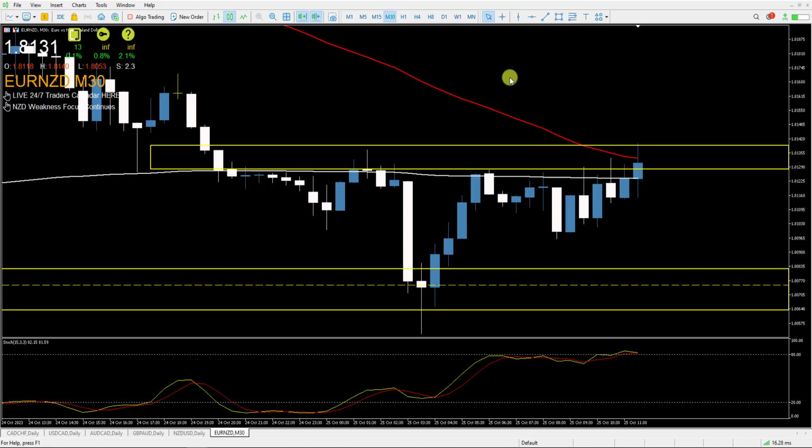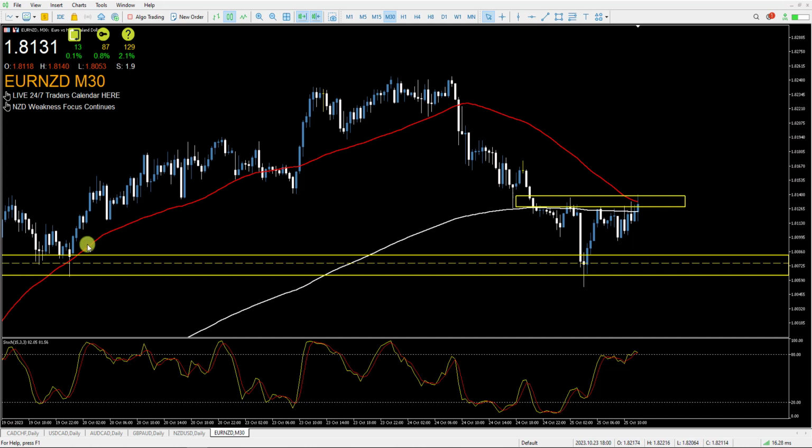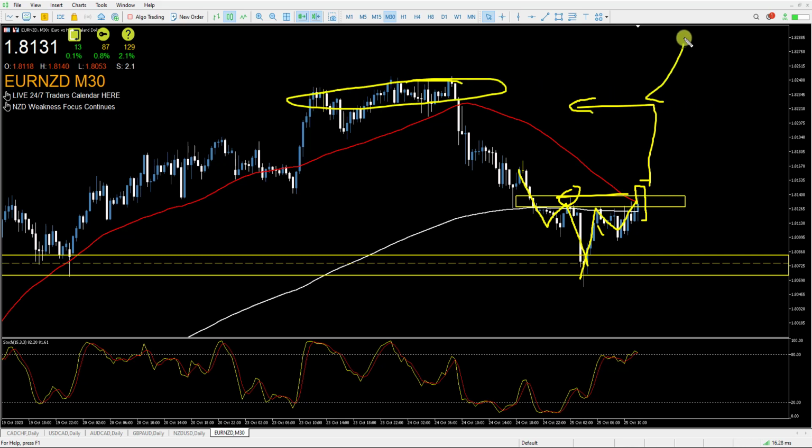So if we do get some kind of change of trend here on the 30-minute time frame, it could mean that price is moving to the upside. What do I mean by change of trend? Well, we can see that the market is trending to the downside. It's making lower highs here. Price has rallied, and now we're back towards this high. I think if we get a break and close above this previous swing high here, we could potentially look to go long, with the idea of targeting this previous structure high and then see if there's a potential continuation